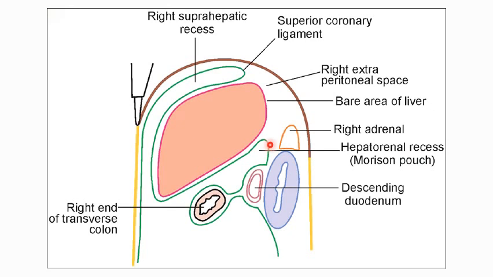onto the left side, though not visible here, it is the inferior vena cava. On the right side, the fusion: they are not as parallel as they look here. If you take a section a little bit more to the right of this level, the superior and inferior coronary ligaments will join each other, forming a right triangular ligament. So the boundary of the bare area, that is our right extraperitoneal compartment, on the right side is the fusion of the two layers of the coronary ligament to form a right triangular ligament.